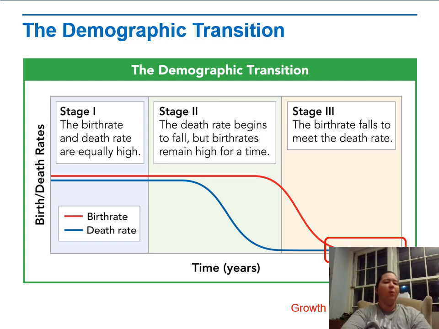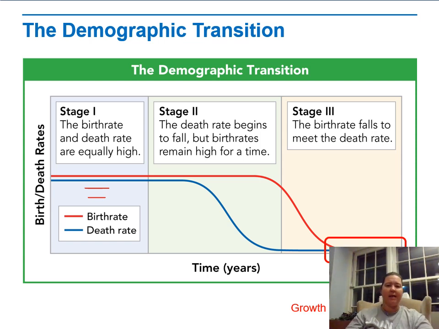So in a stage 1 population, the birth and the death rate are both very high. So the population stays about equal, because almost as many individuals who are being born are also dying. This is why back in the day you would have families that had 20 kids, for many reasons, but there would also be an increased infant mortality rate or